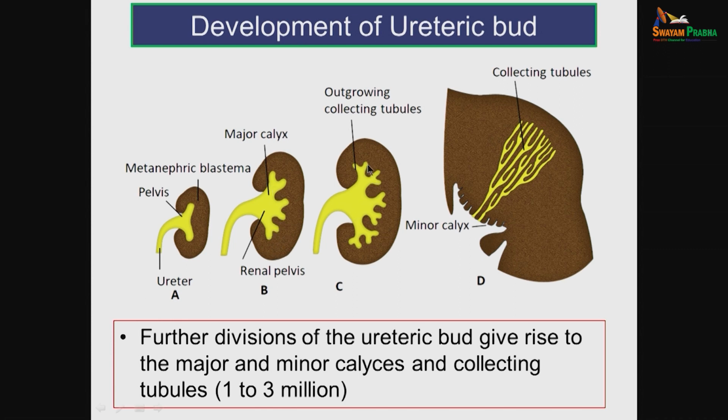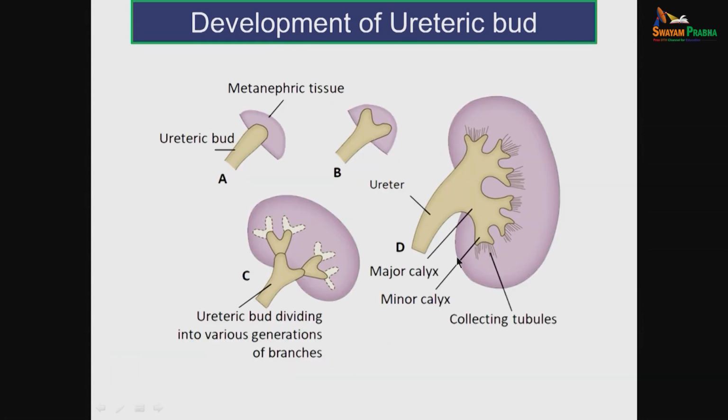In this picture, further subdivisions give rise to minor calyces, and finally the collecting tubules. So, what is shown in yellow is coming from the ureteric bud, that is, the collecting part of the kidney is developed from the ureteric bud. This is coming in contact with the metanephric blastema, which is going to give rise to the